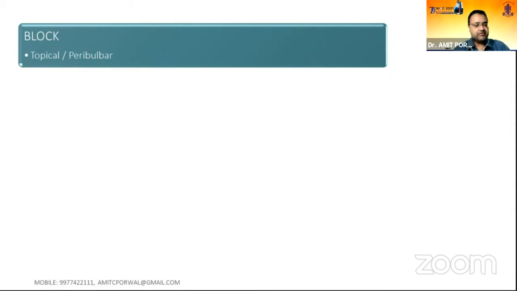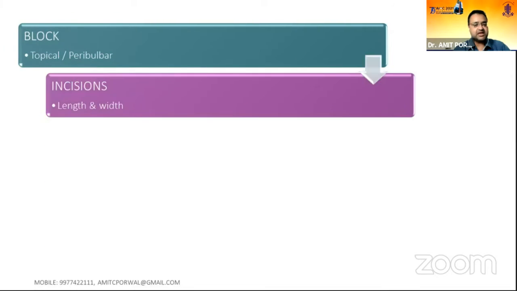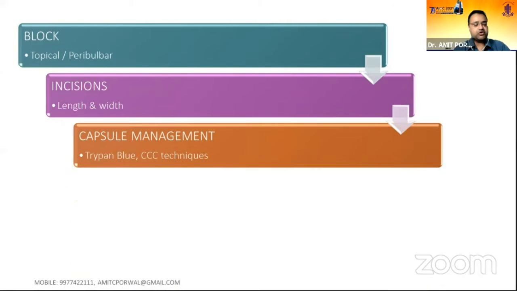So be prepared, when you give the block, whether you are comfortable in doing a topical block or a peribulbar block. This is very, very important. You don't have to take it to the ego that I'm a topical surgeon. You see whether you are compatible to do that particular case in topical anesthesia or peribulbar anesthesia, and choose the proper anesthetic technique. The incision length and the width of the incisions are very important. I'll show in my future slides with the videos that if the incisions are not adequate, what all complications can occur.